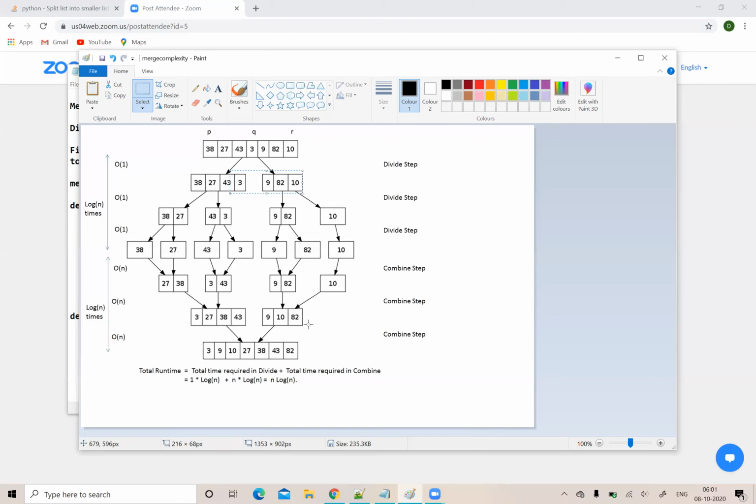38 will be compared with 82. Since 38 is smaller, 38 will be copied in the resultant array. The pointer is incremented in the left half. 43 will be compared with 82. So 43 will be copied and there is no element to further